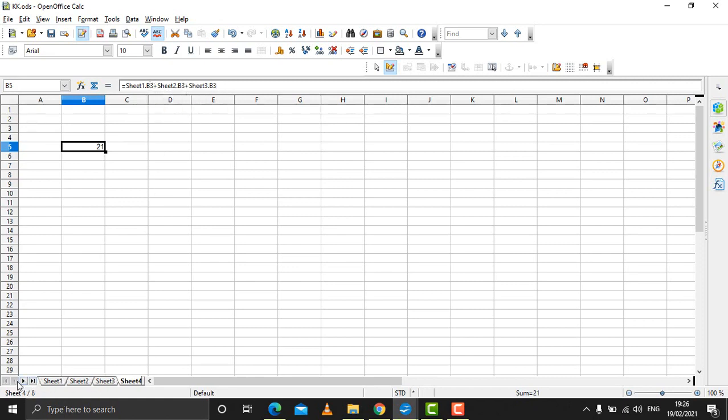See, we can do this through the keyboard quite easily. You can do it through the keyboard also, like we did with the mouse. Say for example the number is B4 and you want B4 here. What I want is the total here. So you first type equal to, then the name of the sheet, sheet 1 dot the cell address, say for example B4, plus sheet 2 dot B4